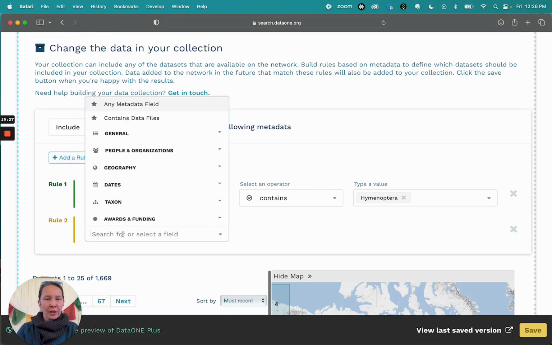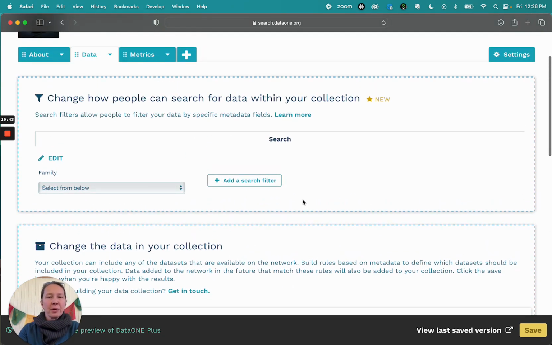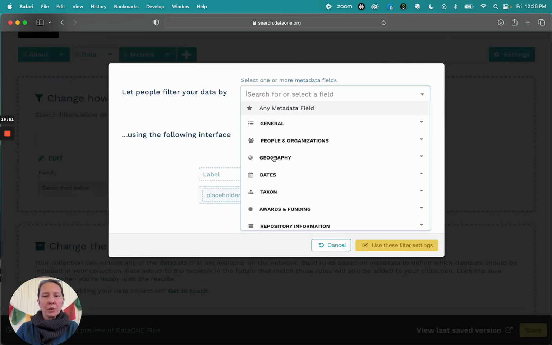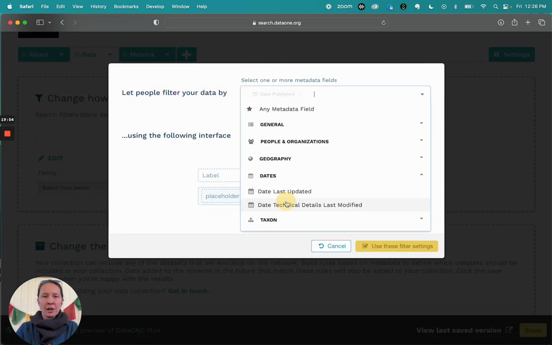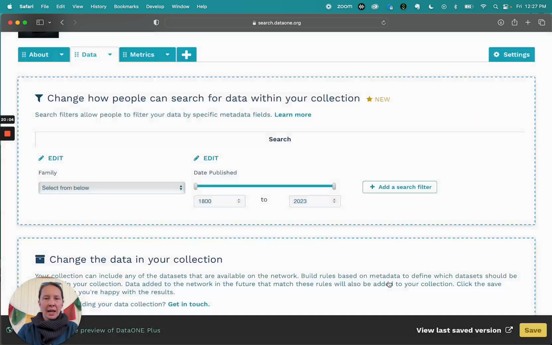For example, if we're interested in only a certain date, we can confine or constrict the records available within a particular date range. But we can also choose to make that an option for the researchers that are interested in using our portal. So for example, up here, this is where I was showing that SASAP has fish productivity and habitat. We can choose to add a date search, which enables our users to refine the search. So for example, date published, I'm going to give it a title, and I'm going to leave this between 1800 and 2023 and save that as is.